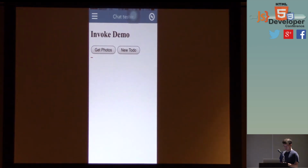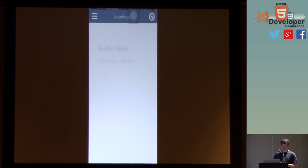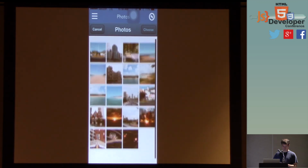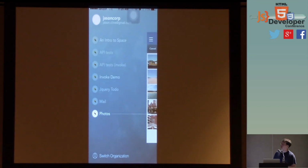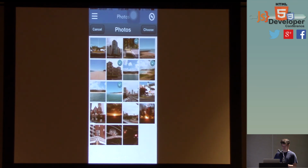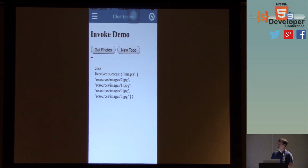And I've got this really simple invoke demo HTML page. This is just an HTML page. There's no JavaScript frameworks involved. It's just a couple of buttons. And so I can tap the get photos button. Oops, don't want to long press. And what it's doing is now I'm getting loaded into this Sencha Touch application that shows you photos. And if I open up the application browser or menu here, I can see that now I'm in the Photos application. I can select a few of these photos, hit choose, and now when I come back,